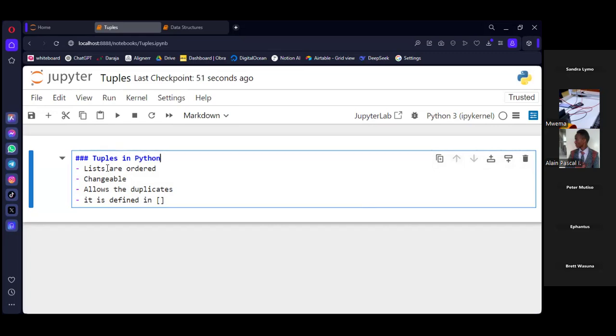Python. So these ones are still ordered. I'll just look at the list, but then these are immutable. These are unchangeable. Once you have defined it, you cannot change it. So the only thing is that they are unchangeable,